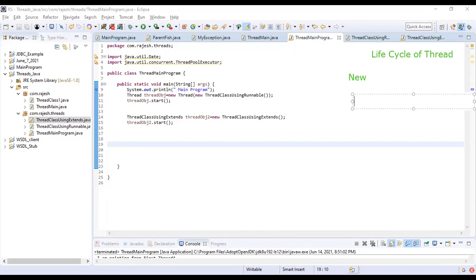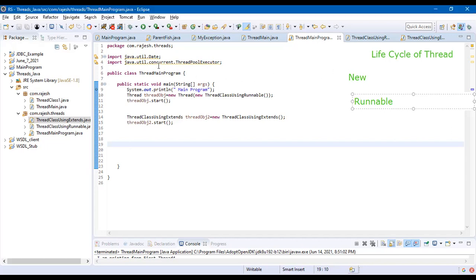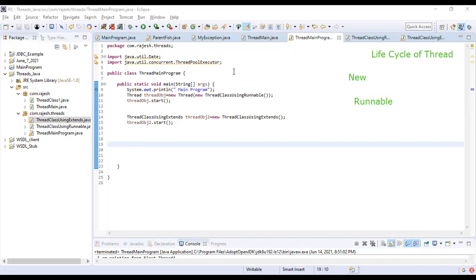So from the new, it goes into a runnable state where it is getting ready for... Rajesh, one quick question. You are using the right side. You are using anything? Any notepad? I'm using it on top of the Java program so that I can link with the program and show you. No, Rajesh, you are writing something, right? How are you writing that life cycle of the thread? Usually in Zoom, it doesn't allow you to write something on the screen, right?